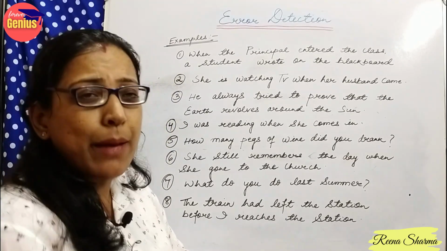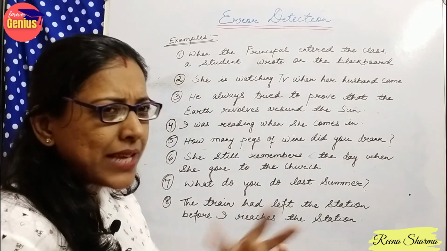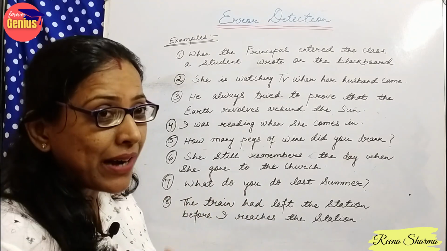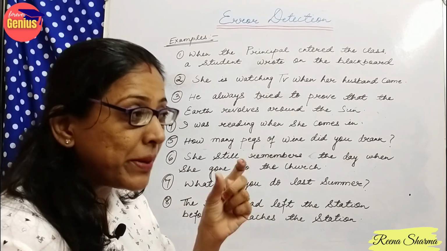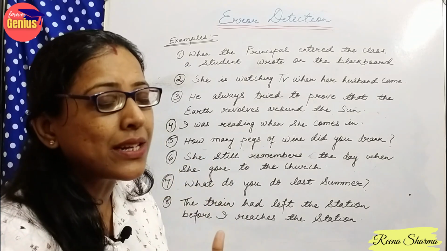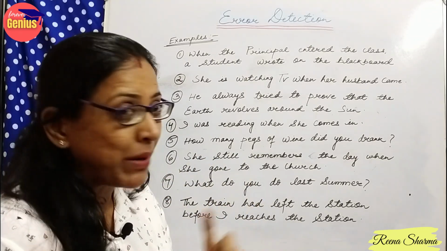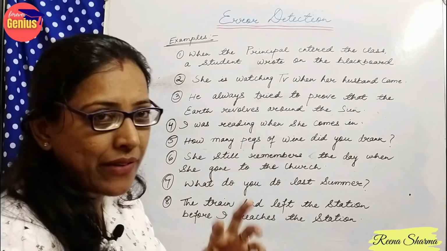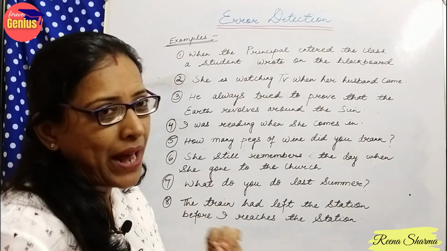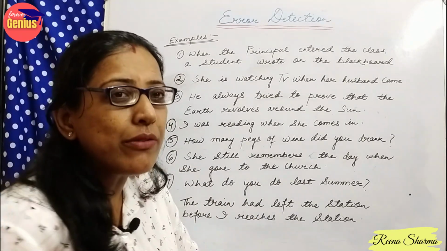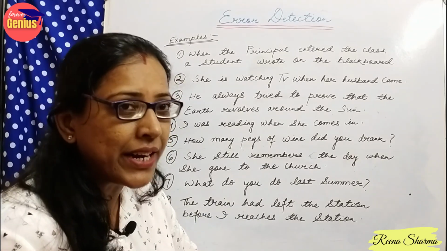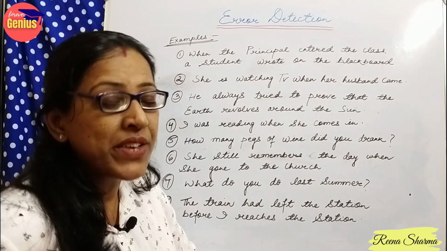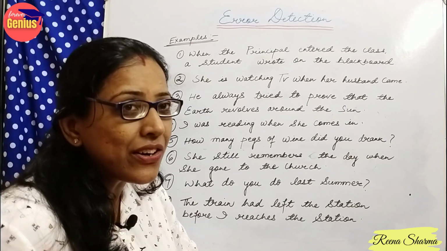So in examination, do you know, a lot of times the sentences are twisted in such a way that they seem to be totally correct, but a lot of times they have mistakes. That's why they include the topic error detection, but it is hard to find the errors. But we can easily find them with the help of the structure which we have practiced. One more thing students, whenever we start a sentence, when we read, if it is in the past tense, we will look for the past tense form. If it is in the present, we will carry on like this.